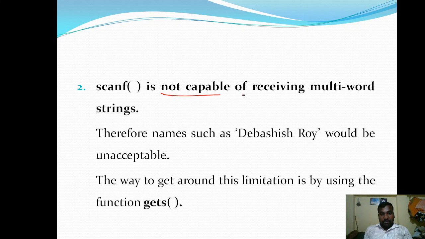And then, scanf is not capable of receiving a multi-word string. For example, my name is Kumara Swami.